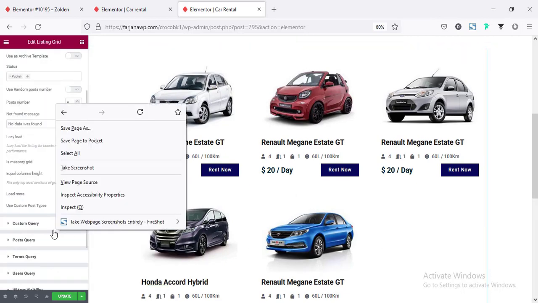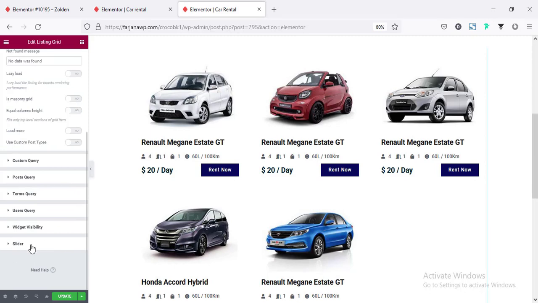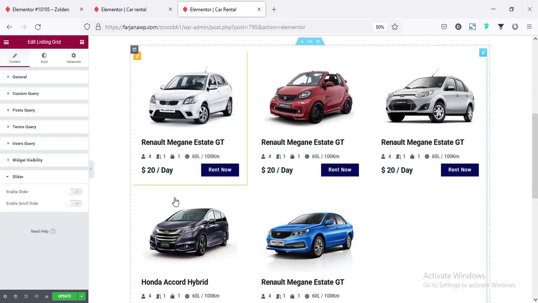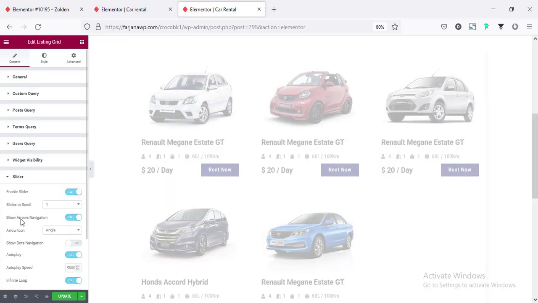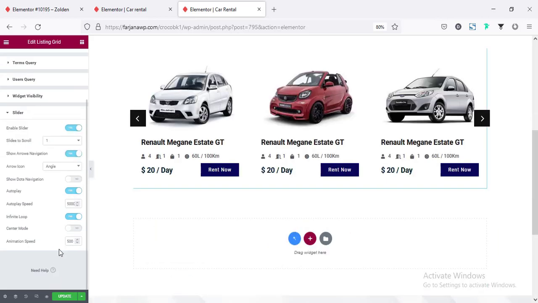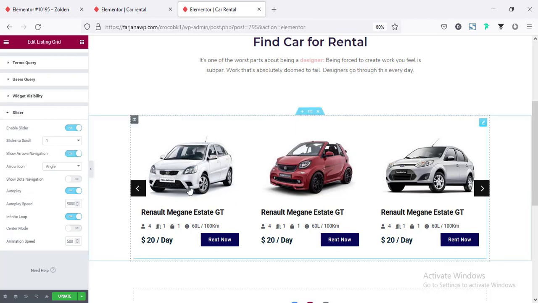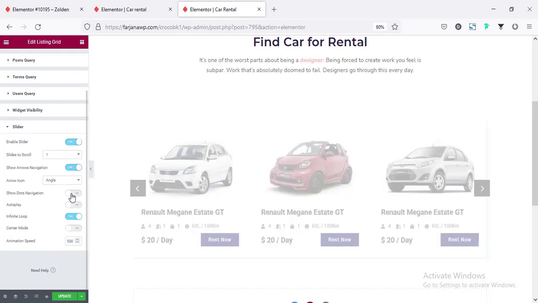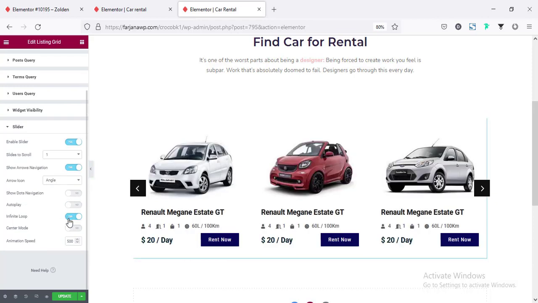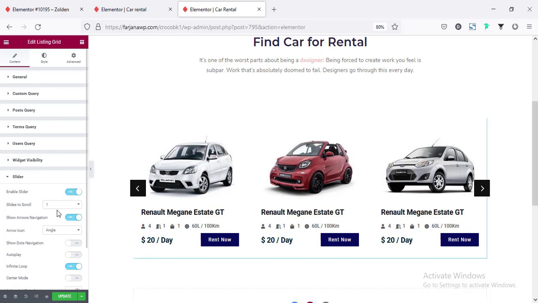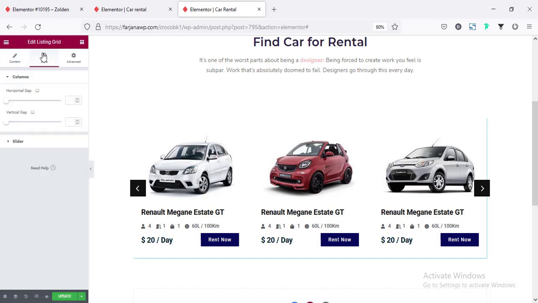grid list. And if I scroll down, here is the options slider, so we can also show all these items as slider or carousel. I'm making it on, and also here we will find some more options, slides to scroll, per scroll it will move one item, and we can also set autoplay. For now I'm making it off, and infinite loop I'm leaving as it is, and going to style tab,